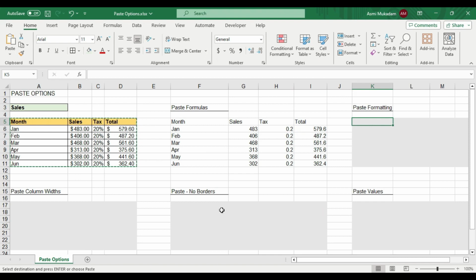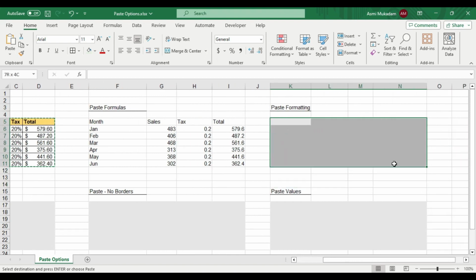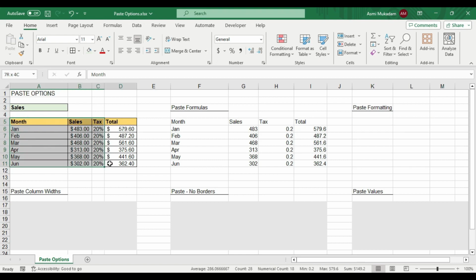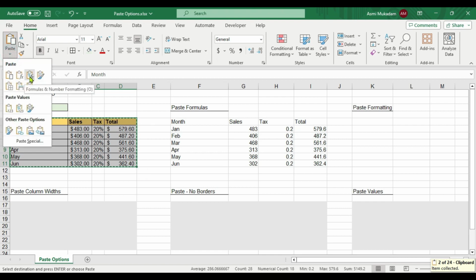The second option for pasting is paste formatting. Again, we will remove this gray part, go to this clear option and clear all. Now again we will select this data, do Control C to copy, then go to the paste option. Here the third option you can see is formulas and number formatting.